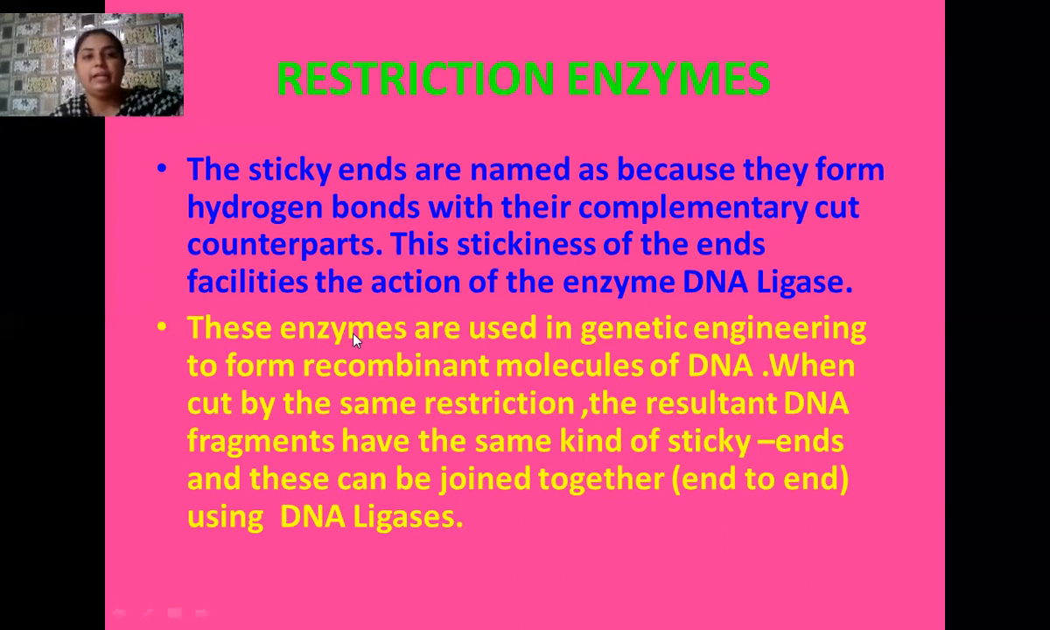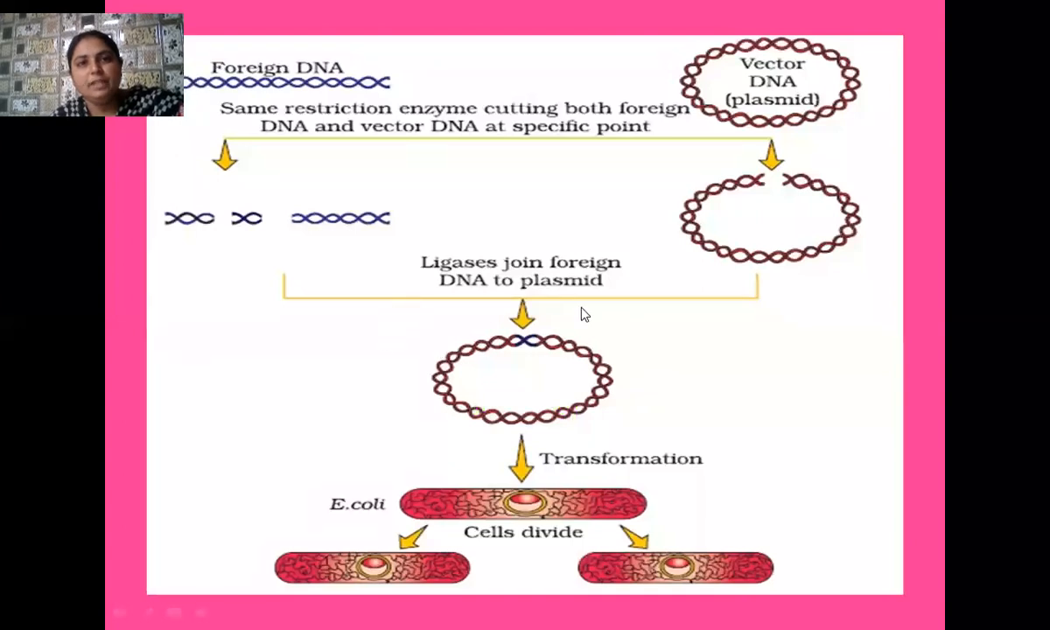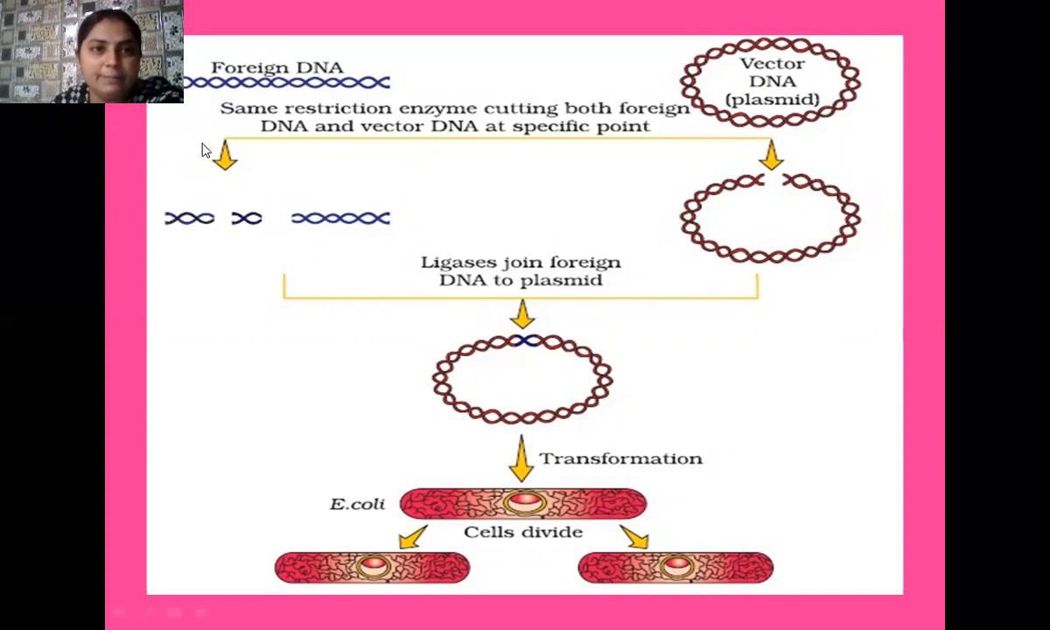So these DNA ligases also have a characteristic function. Yes, one diagram is visible to you. Here you can see we have selected one foreign DNA, which you can also call the alien piece of DNA from the donor organism. Similarly, we have also selected one plasmid where we are supposed to insert this alien piece of DNA. Now what we do, by using the same restriction endonuclease enzyme, we cut the foreign DNA as well as the